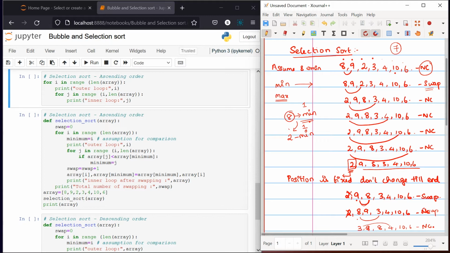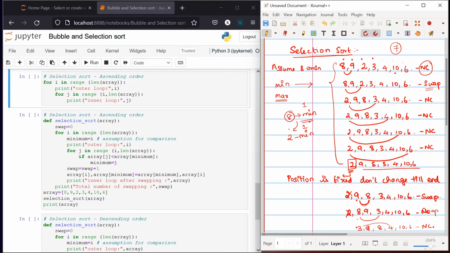So in every iteration one component is going to be neglected, right? In this kind of outer loop iteration we are going to neglect the first position. The first position doesn't have to be considered. So while moving along, 3 has occupied this position, right? After that there will not be any change over there.